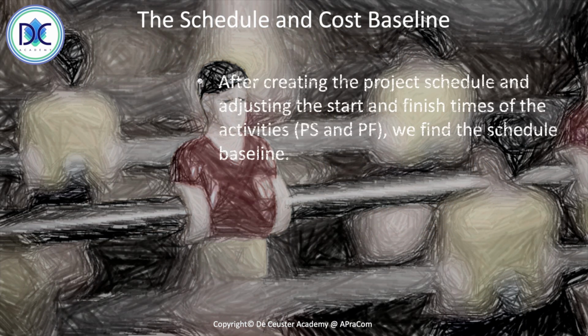So what we are going to do here basically is that when we go back to our schedule, we were looking at that project schedule. We created the early start schedule, the late start schedule, and then we adjusted the start and the finish times of the activities. We call them the planned start and planned finish times. And that results in the schedule baseline. So we have everything adjusted. We take into consideration, for example,